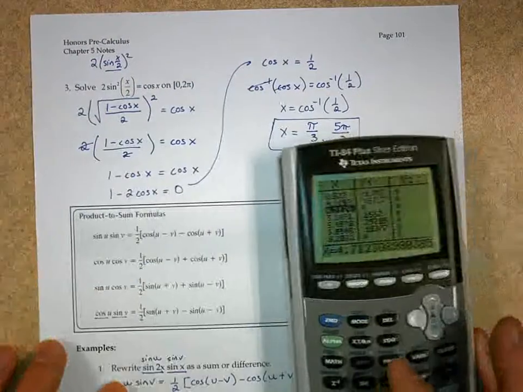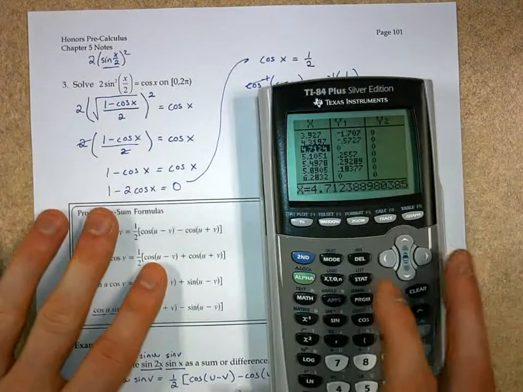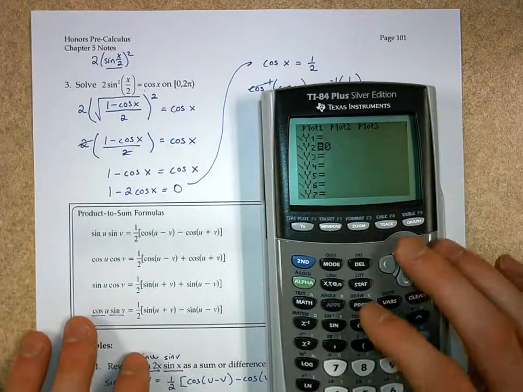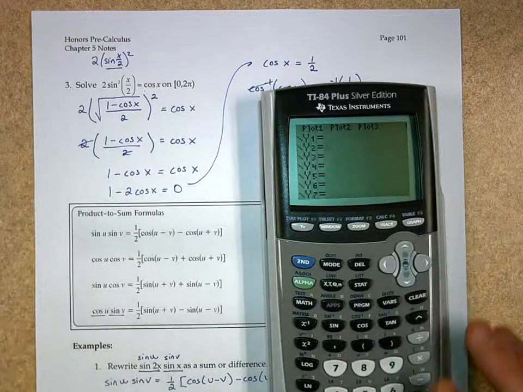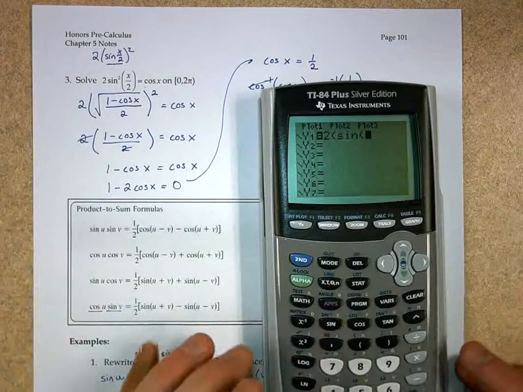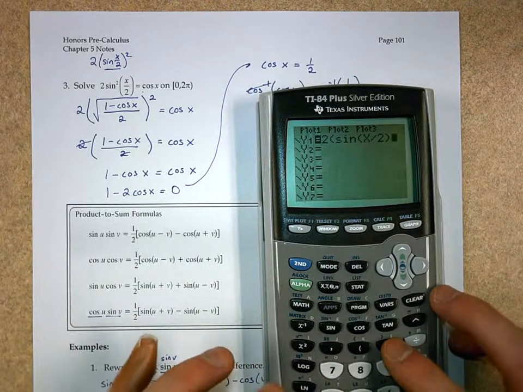This is back from page 101. Solve 2 times sine squared of x over 2 is equal to the cosine of x. Let's look at this one both graphically and numerically. So first in y1, I'll put in the left-hand side of the equation. 2 times the sine of x divided by 2